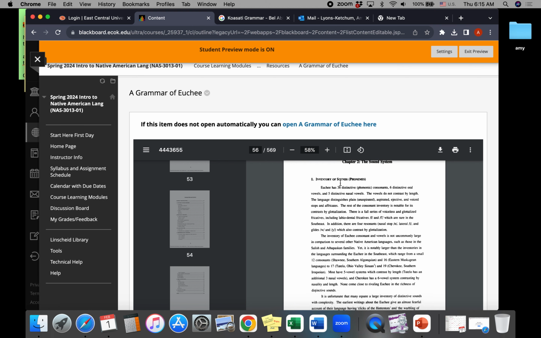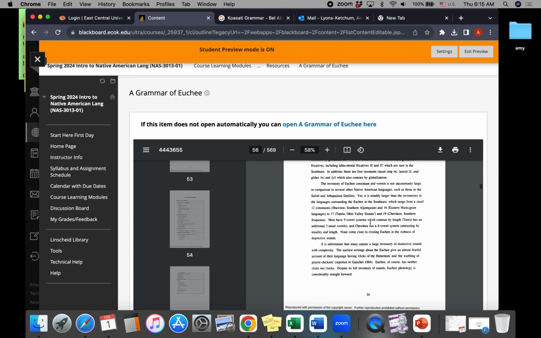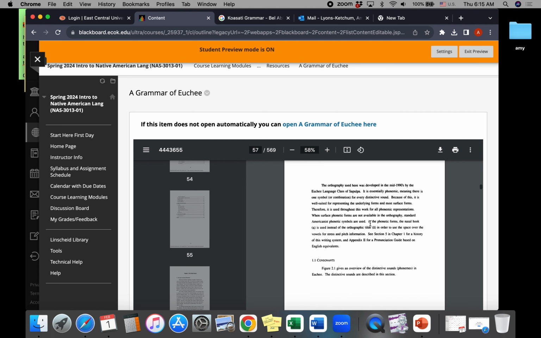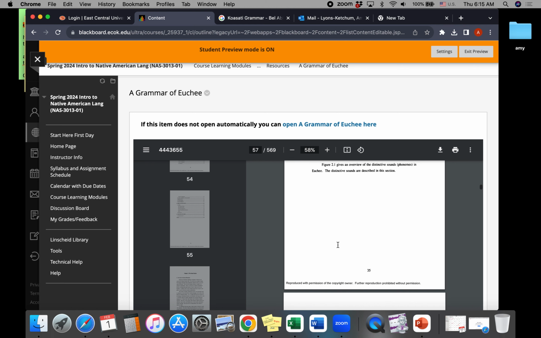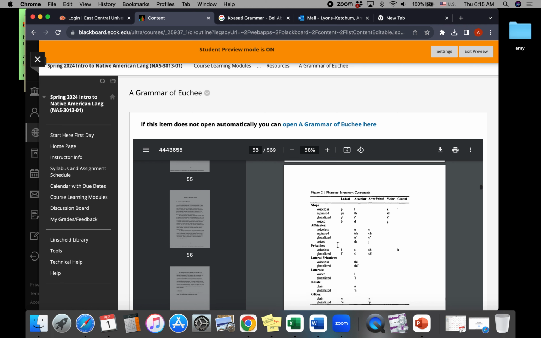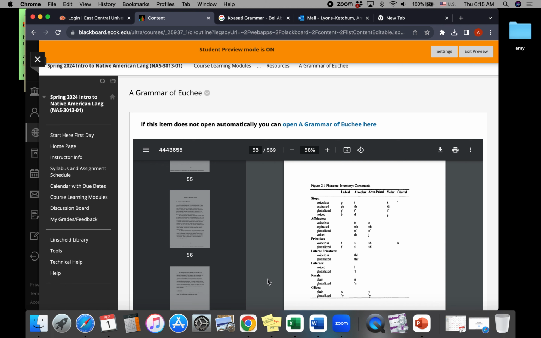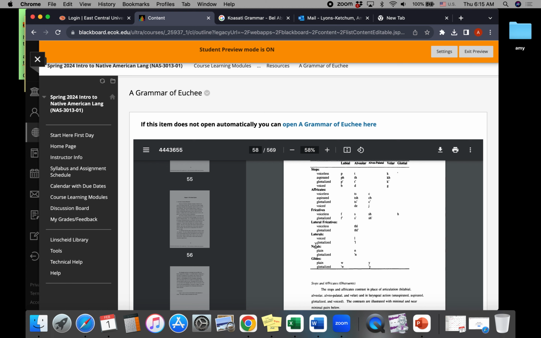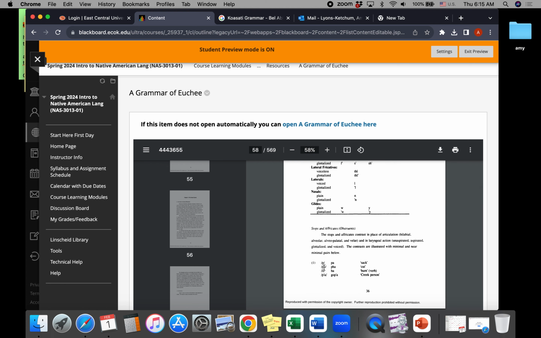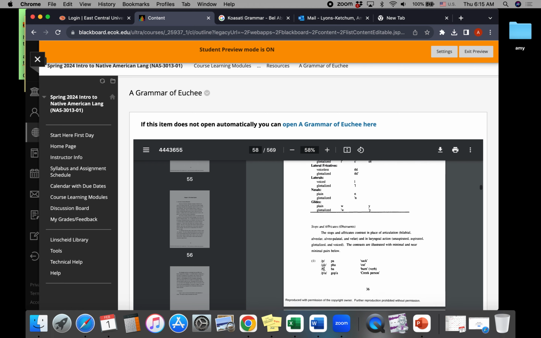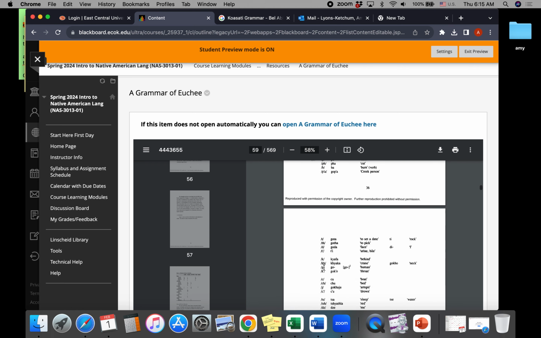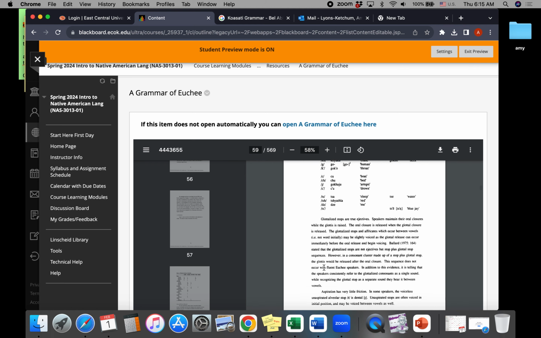So here's the inventory of the sounds, the phonemes. So we're going to find out the consonants, which start right here. And look, here's a chart. So again, this chart could be easily recreated using the IPA chart template, or creating your own chart like this in a Word document. And then you would just write a paragraph about the consonants, show a couple examples,